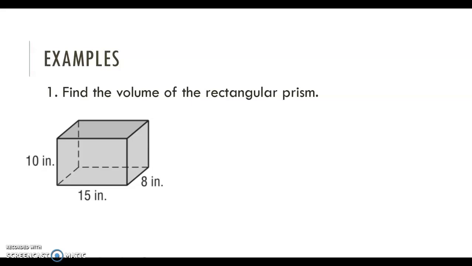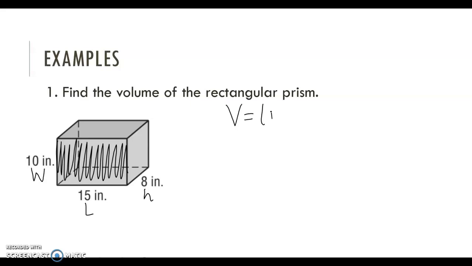So let's look at our first example. This is a rectangular prism. If I think of the base facing forward here, that means 8 would be the height of the prism, this would be like my length, and 10 would be like my width. So volume is length times width times height. I'm going to substitute in my numbers: 15 times 10 times 8, I get a volume of